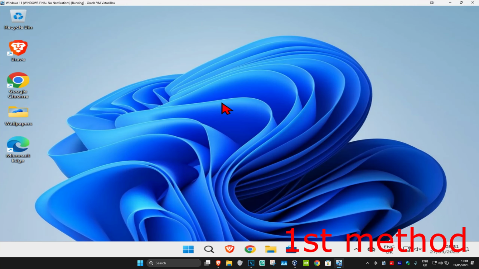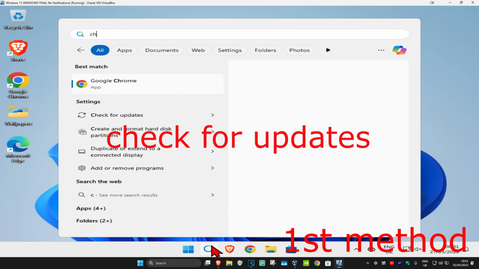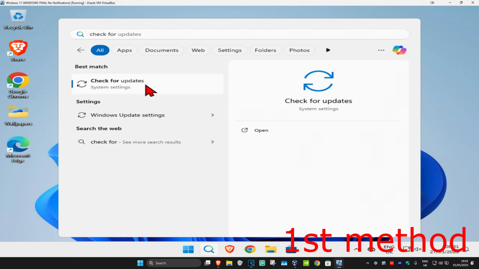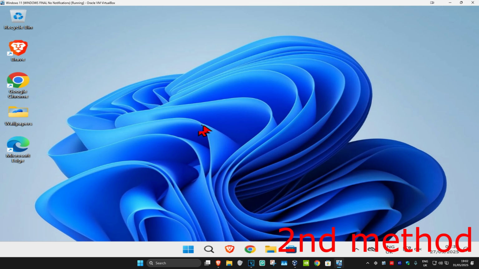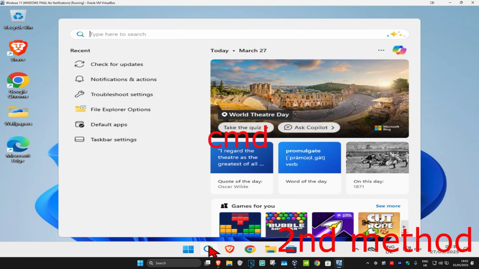So guys, for the first step, you're going to head over to search and type in check for updates. Click on it. And then once you're on this, you're going to click on check for updates. Make sure that your computer is fully up to date. If that's still not working, then for the second method, you're going to head over to search and type in